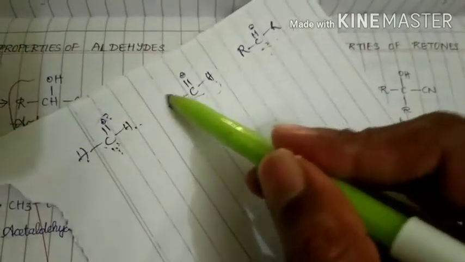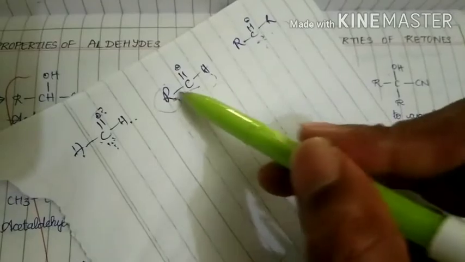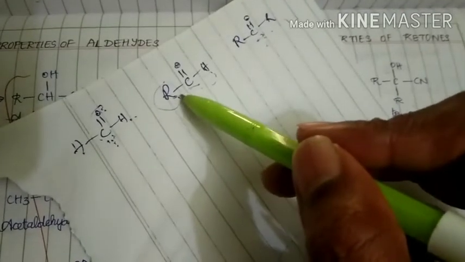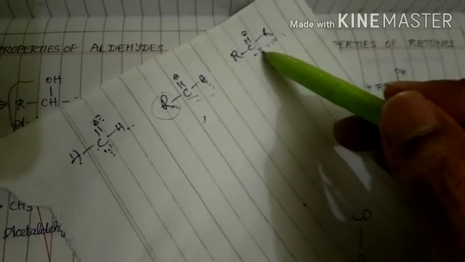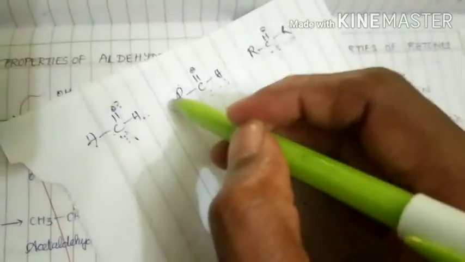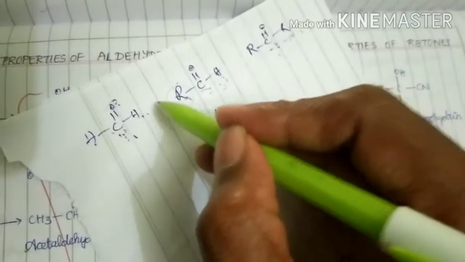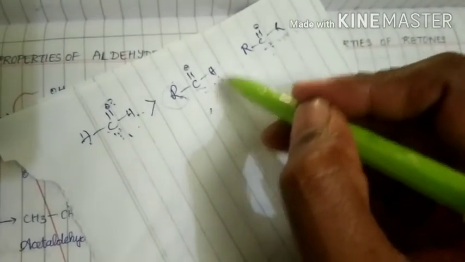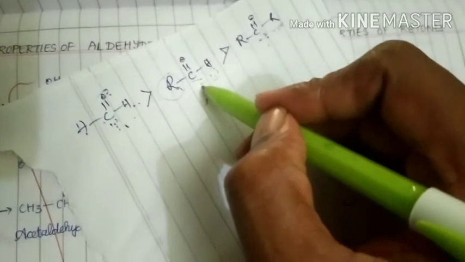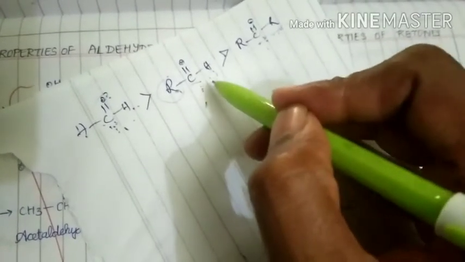But here one alkyl group is there, which means it has a large size. It may repulse the attacking nucleophile. Here two bulky groups are there, that is nothing but alkyl groups. Here the chance is very less compared to here. Here the chance is less compared to here. So in which case is the nucleophilic addition reaction taking place very fast? In this case. So in formaldehyde, nucleophilic addition reactions are very fast compared to aldehydes. In this case, the rate of reaction is very fast compared to ketones. So this is about nucleophilic addition reactions in aldehydes and ketones.